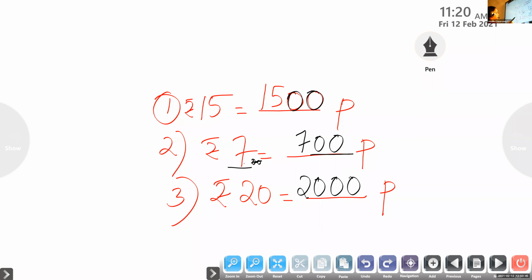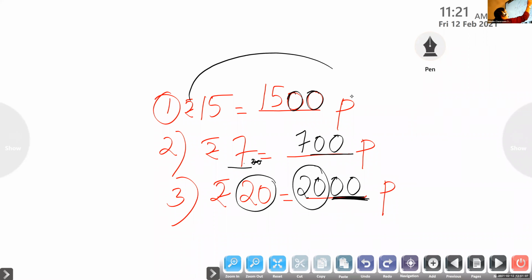2,000. 1000. Very good. 2,000. I say, children, 20 you have to write. Okay, that number you have to write. Then how many zeros are we adding here? Only 2 more zeros. So this is 2,000. 2,000 paise. Okay, so children, what we are doing here is converting rupees to paise.